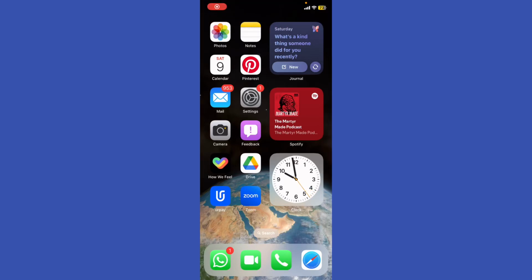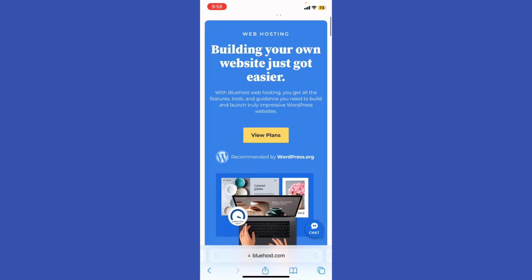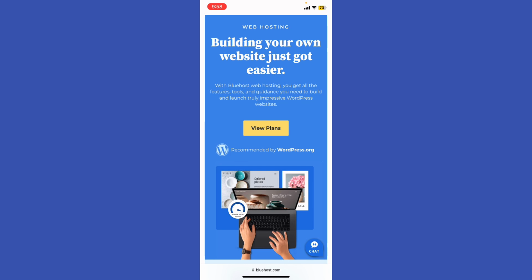How to integrate Google Workspace on Bluehost. So first of all, go ahead to the official website and view plans and make sure that you use the